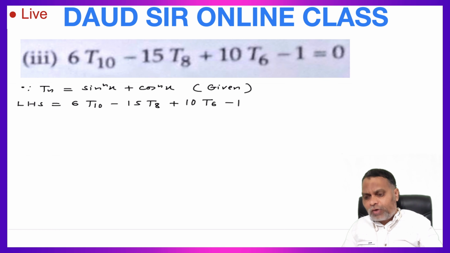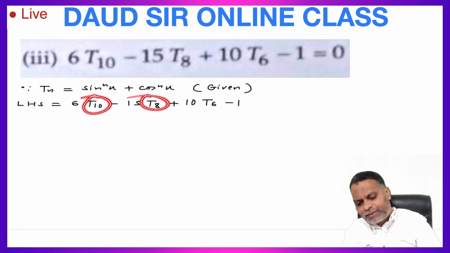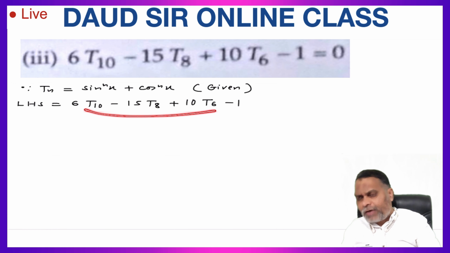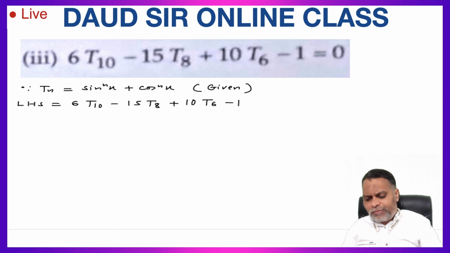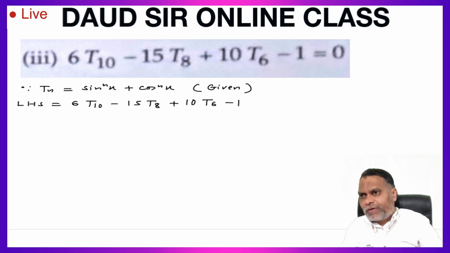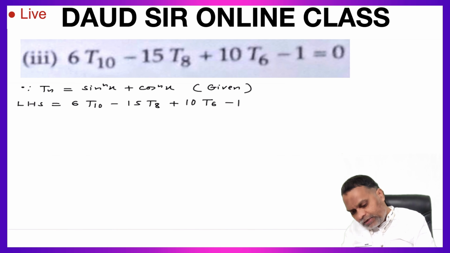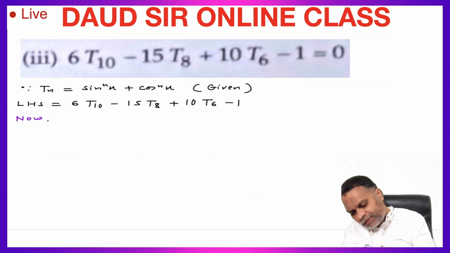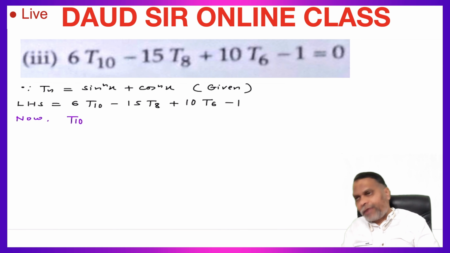So first I am solving these two separately. Two or all three separately we can solve. Then finally we can substitute the values in left hand side so that its length will become a little bit less, because it is very lengthy. It will be very lengthy if we are putting the value directly here. So now I am taking this T10. First I am calculating the value of T10.